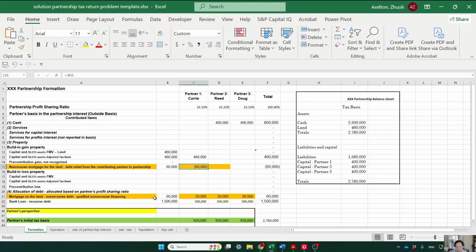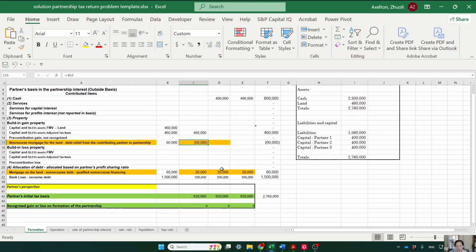On the other hand, because the partnership took on the $60,000, each partner will take on the $20,000, the debt allocation will increase the outside basis in the partnership interest. Therefore, this mortgage attached to the land has really 2 sides, two implications for Carrie as well as for all partners. So this is something a little bit unique, and